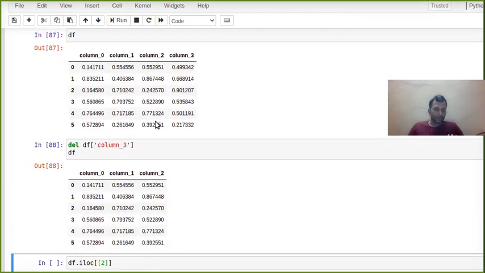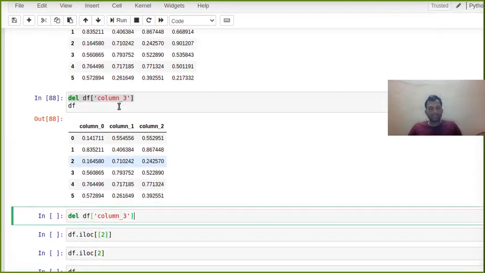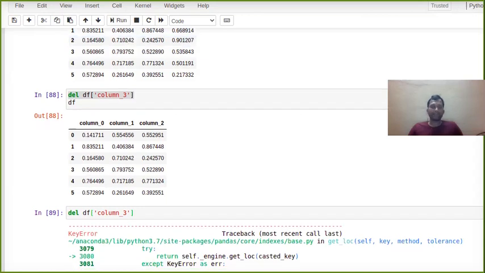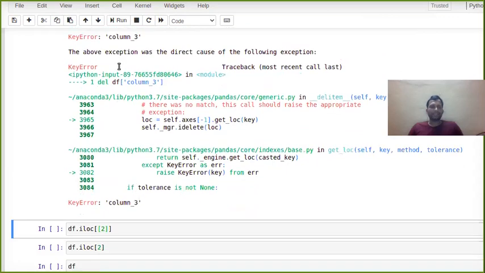See, column 3 does not exist here. If you want to delete the same column again, since it does not find column 3, it will throw an error, telling that column 3 does not exist here.